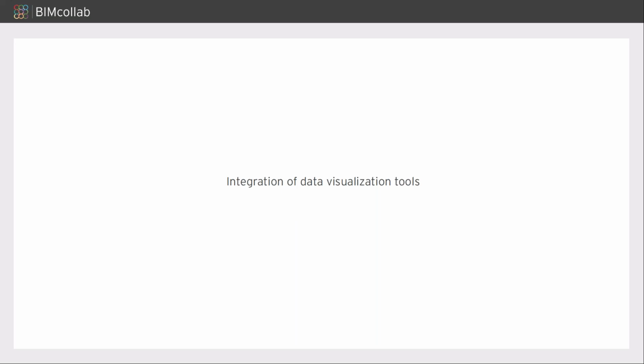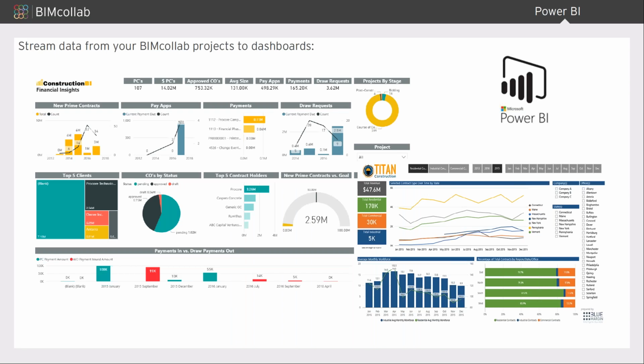The next one is an enhancement of our connection to Power BI. It will allow you to stream data from BIMcollab to dashboards created on Power BI. We have a free plugin for this software that's available on our download section, and it will allow you to stream all issued data or project information to one of these dashboards. Well, we also found that there is even more that we can do in this